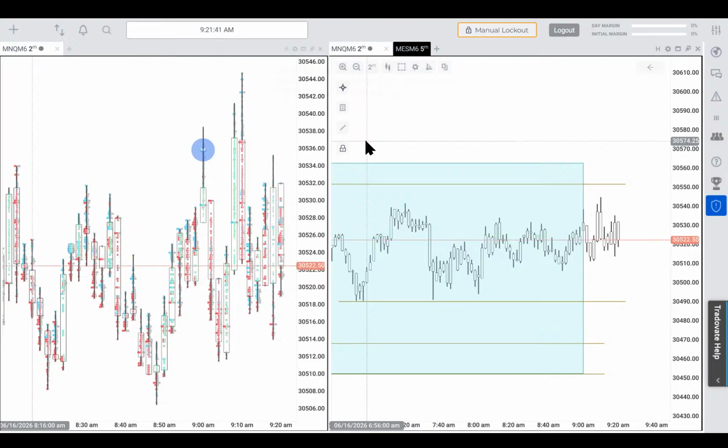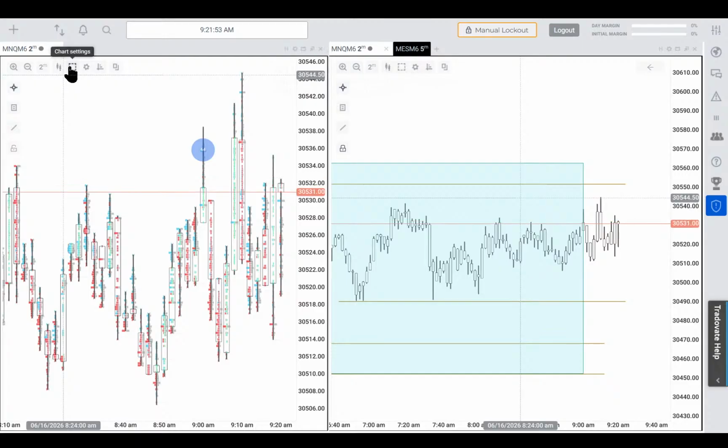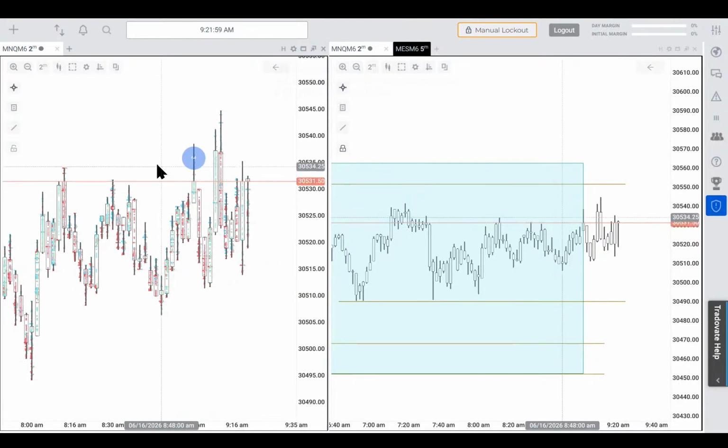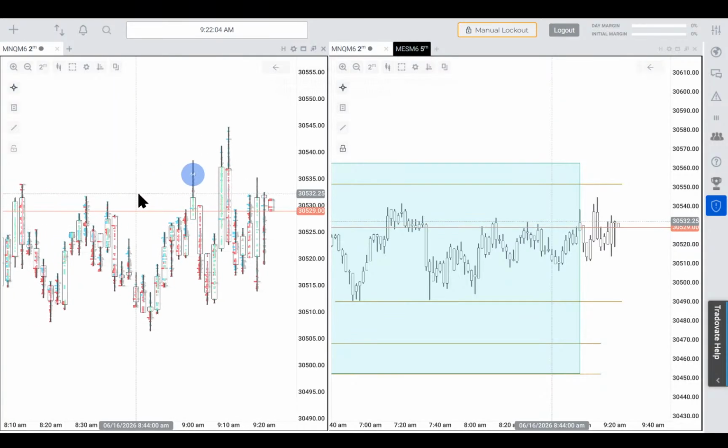We could do the workout because I have a meeting later. Workout, lunch, meeting. Yeah. Juggle it around a bit. Weather's real nice today. Maybe I'll just take one day and go outside for once and see if the grass is growing. Weather's solid, structure's flat. If nothing prints by 10, you've got time for the workout before the meeting. Don't force a trade into chop just to stay busy. I mean, yeah, you're right.